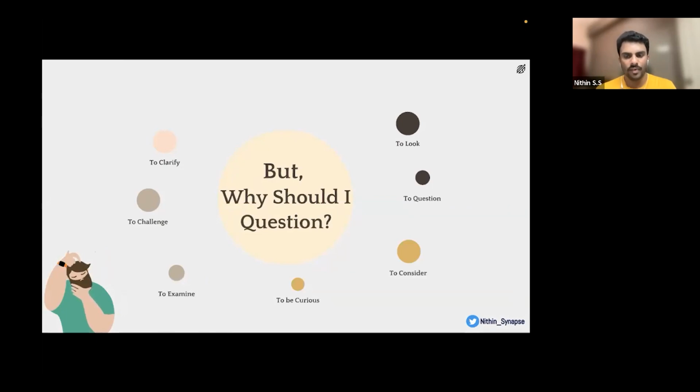So we learned why we need to question, why we should consider the other person when we question, and how we can control our system to generate more and brighter ideas. But why should I question? We should question to look for common traps, to question the assumptions, to consider alternatives, to be curious and get more information on the system under test, to examine the criticality of the feature or system which we are evaluating, to challenge our own thought process to have better clarity and bring more value to the product which we are testing, and to clarify our overall understanding, because when it comes, it is actually